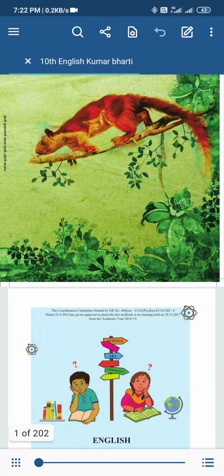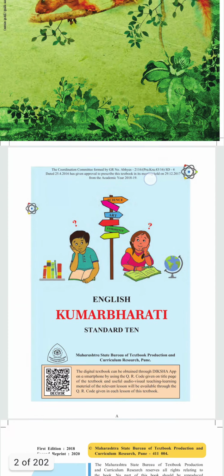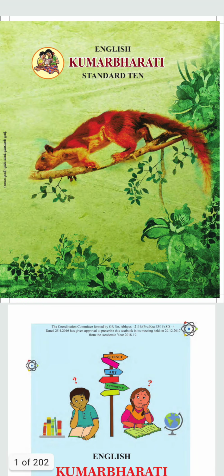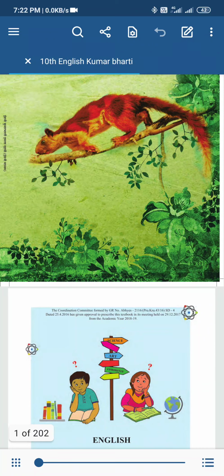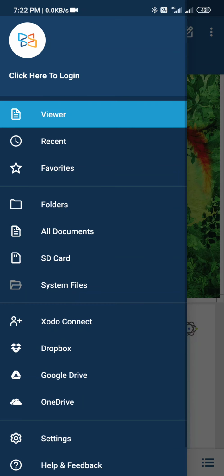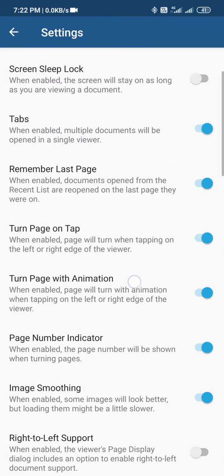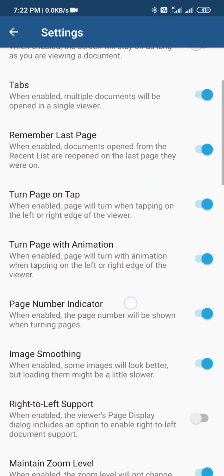You could see that Zodo application gives you a brighter view. When you start this application or you are using it for the first time, you should go to the settings and disable turn page on tapping.